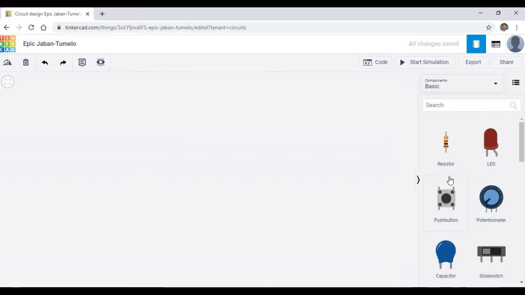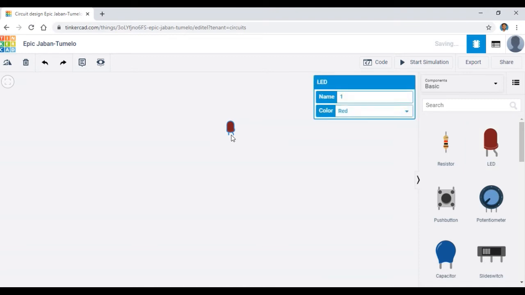First of all, I just want to work with a simple circuit to glow an LED. So first I am going to take an LED, just double click on the LED and drag and drop that LED to this workspace. Here I can change the name of this LED. Suppose I am giving the name as LED, and you can change the color of the LED also, like green.